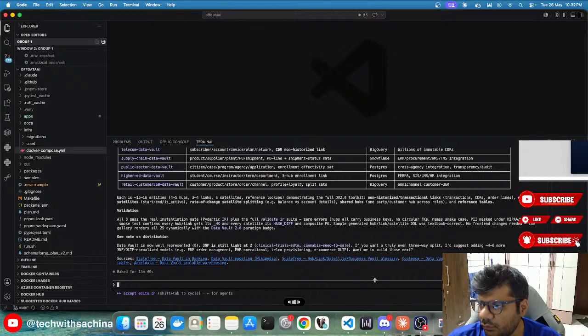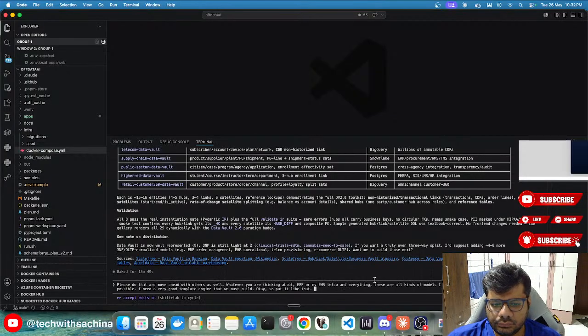So these are all kinds of models I need. Try to publish as many data models as possible, right? I need a very good templates engine that we must build. Okay, so put it like that. I'm targeting at least around 100 templates of data models. So do as much research as possible over the internet.